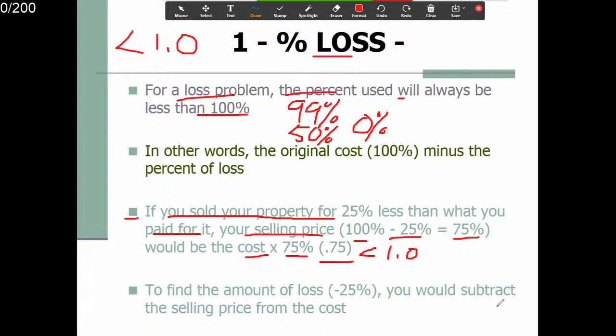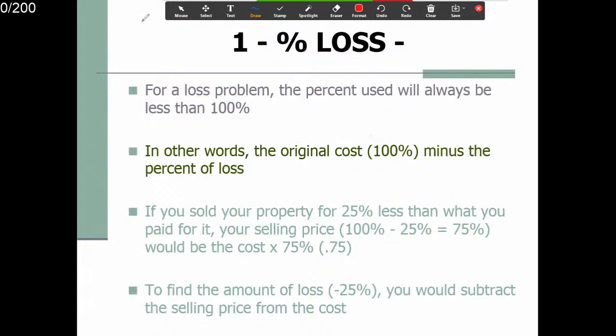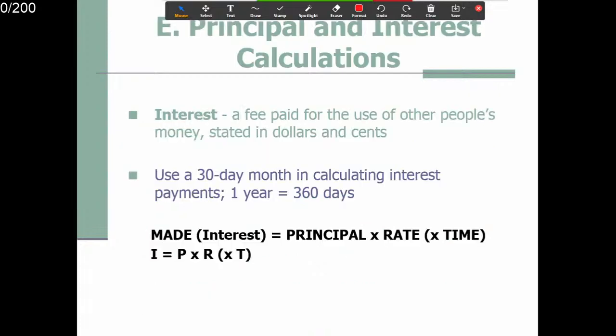So to find the amount of loss, you would subtract the selling price from the cost. Very simple, right? You pay for the house $100, right? You sold it for $75. Okay? You lost $25. Very simple. 刚才说，right？你买房子是100块，你卖掉75块，所以你100块减75块，你就亏了25块了，OK？25块给人赚走了。